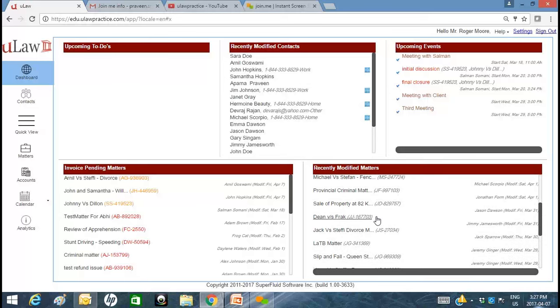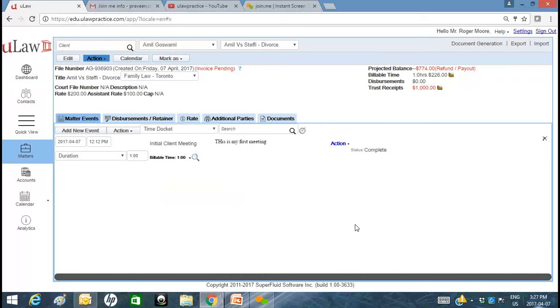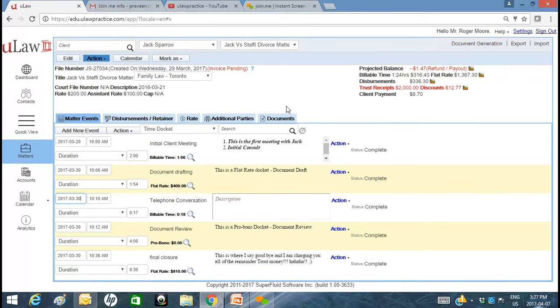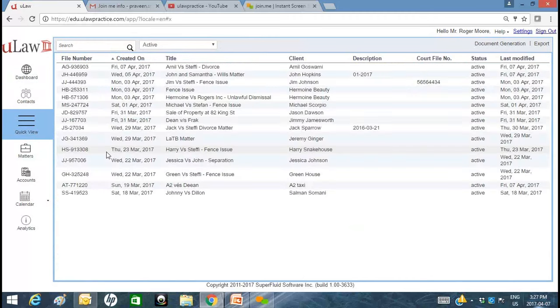to it right away. Okay, so if you look at my Jack versus Steffi divorce matter, and if let's say that needs attention, something that you need to take care of, it allows you to get into that matter right away. In addition to the dashboard, our quick view is probably the most used, one of the most used screens